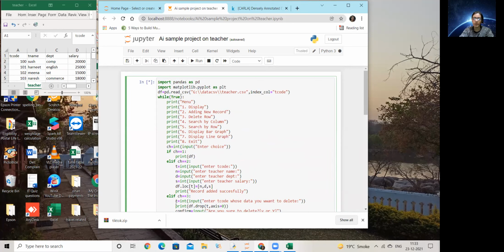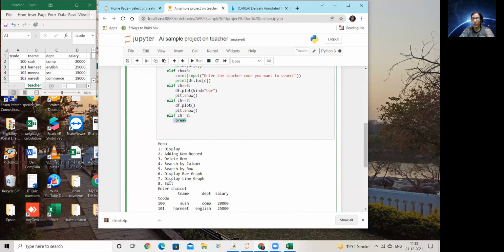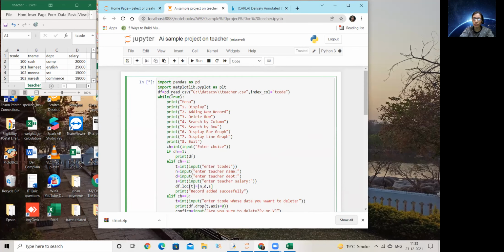Unconditional, break it anywhere and it will come out of the loop. So this is a statement which takes you out of the loop and I have to give a condition. If I don't give this condition, it will become infinite and keep running.